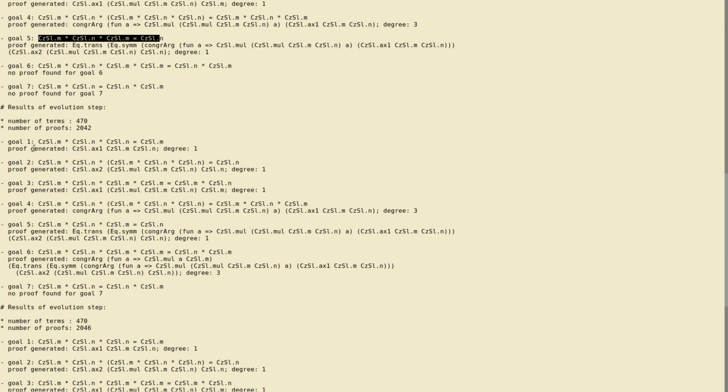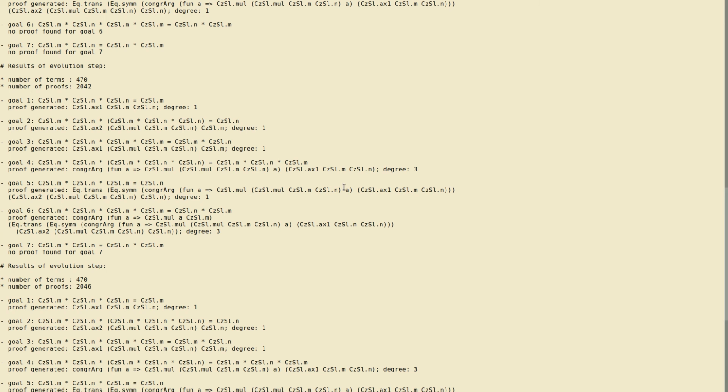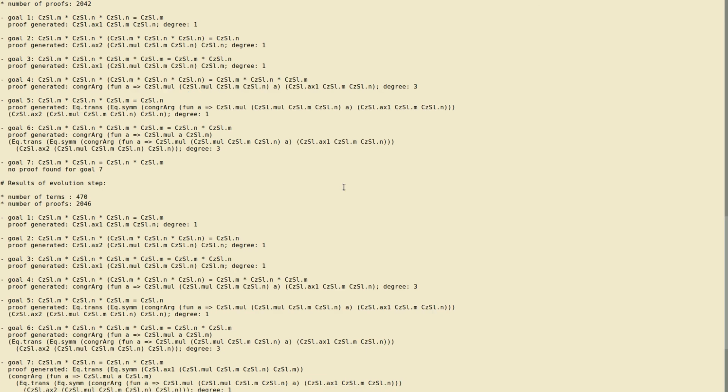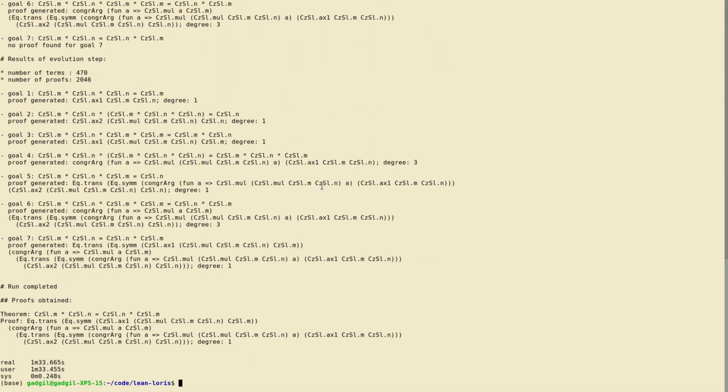The next stage was again like the first stage, that is, you're using function applications and you're generating by applying a function to both sides of an equality. This got us up to the 6th step, and finally equality, transitivity and symmetry got us the theorem, at the end of which it states the theorem and gives you a full proof within Lean's foundation. Again, the statement being simple has meant that this has degree 1. So it showed that we identified simple statements at least correctly and used them. Okay, this was a quick demo of the first problem.